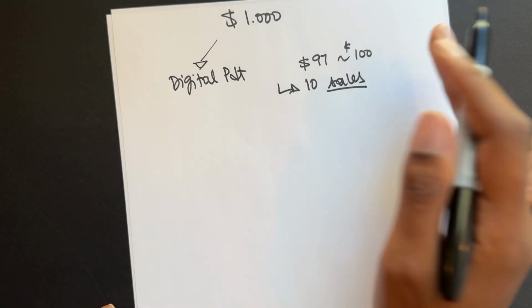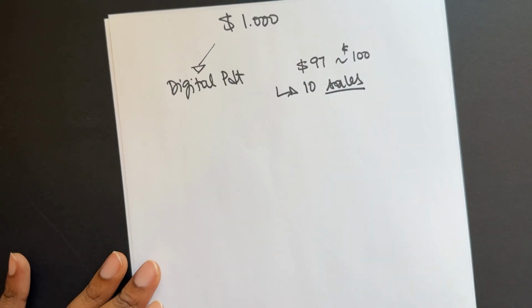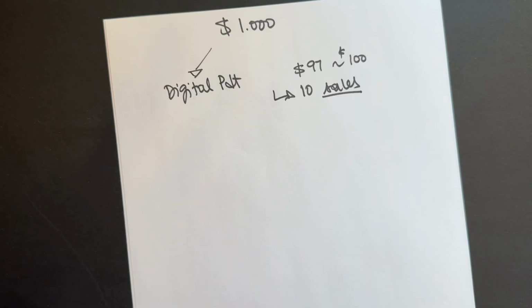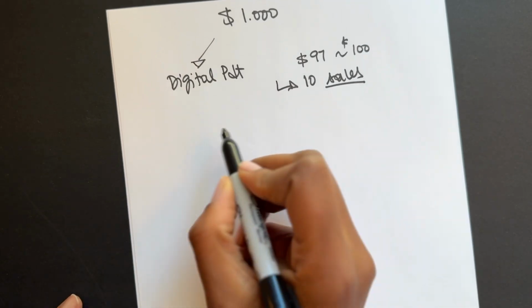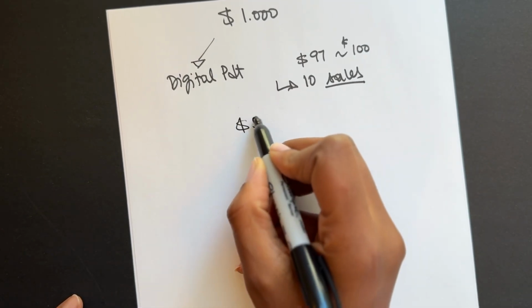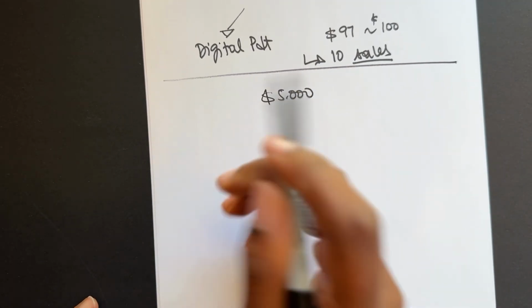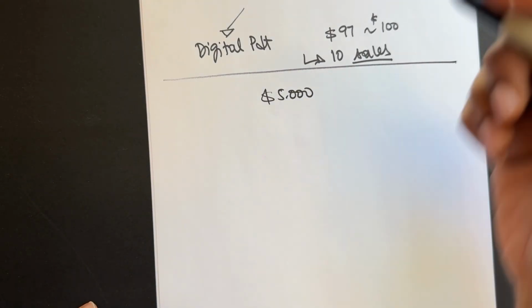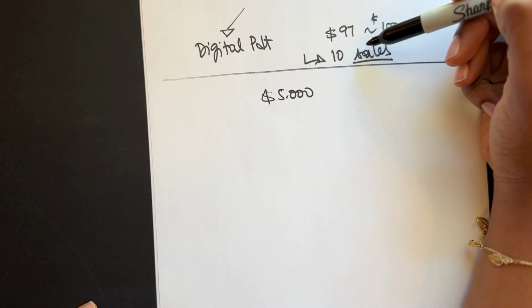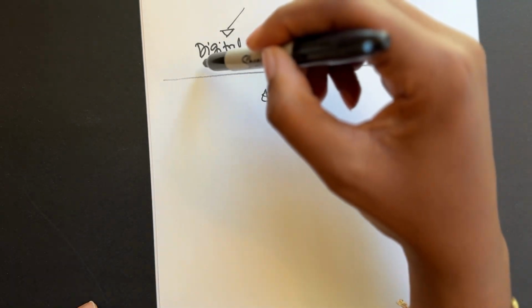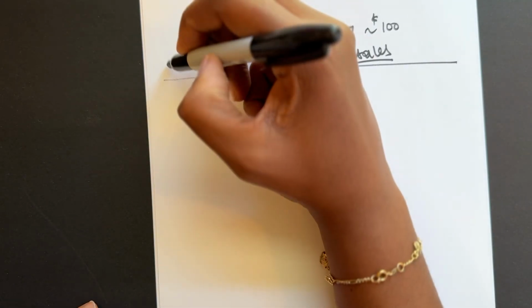Okay? Easy peasy. Now, most of you say that you need between $2,000 and $5,000 per month as a way to sustain your lifestyle abroad. Okay, so let's say we're going to take the example of $5,000. So how would you make $5,000? So in the first case here, the easiest way, $1,000 with digital products, definitely, because it's a more passive way